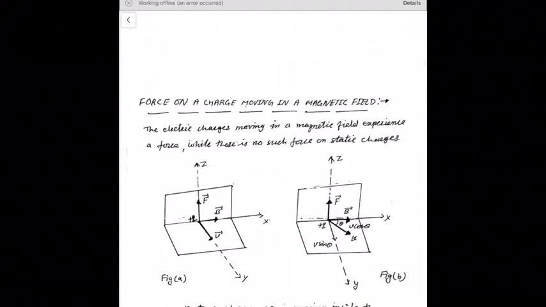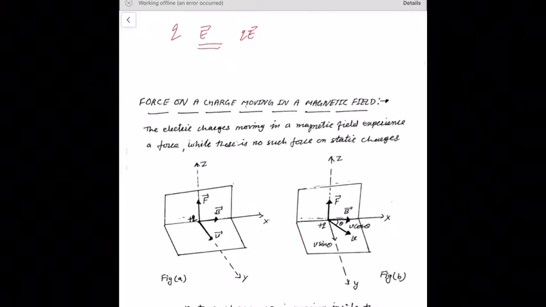Hello student, today we will start some important points regarding motion of a charged particle inside electric field. First, if a positively charged particle having charge q is at rest or moving in the direction of electric field E vector, it experiences a force qE vector in the direction of E vector, and hence the particle is accelerated in the direction of E.